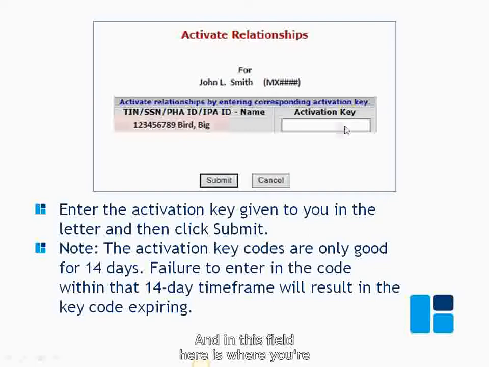And in this field here is where you're going to key in the activation key code from that letter. And again, you have to do this within 14 days of receiving it. If you've let it expire and you've sat on that letter for too long, you're going to have to re-request a new activation key code and then start your 10-day waiting game over again, which can really stall out the process for you. So once you've entered in that activation key code